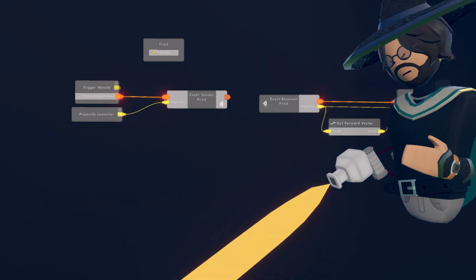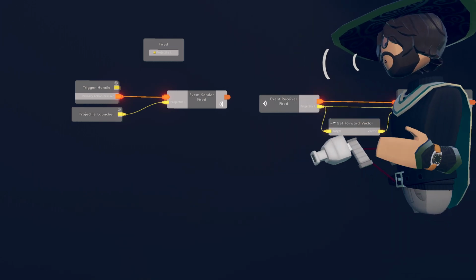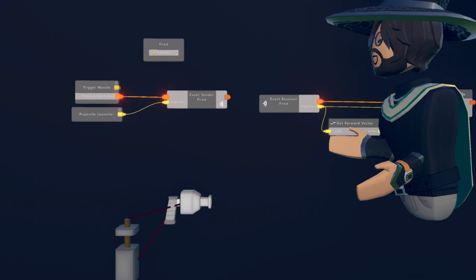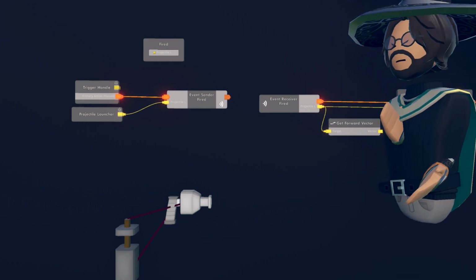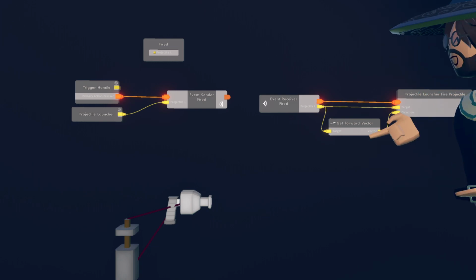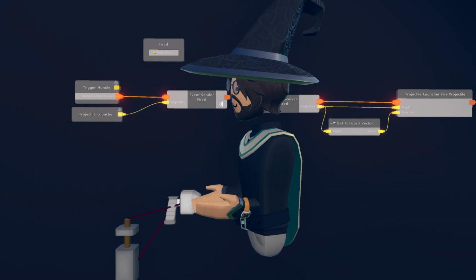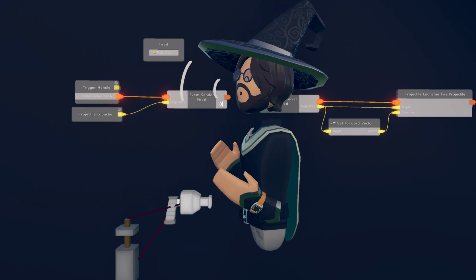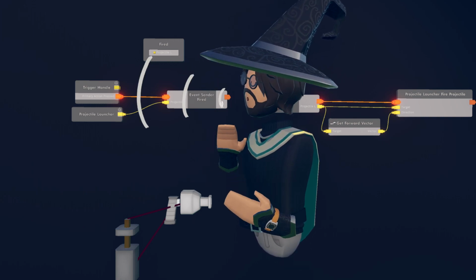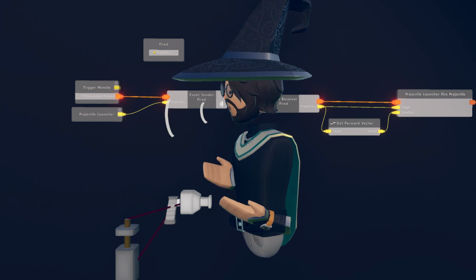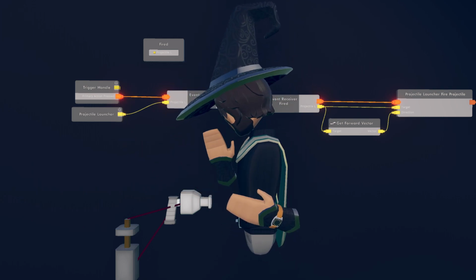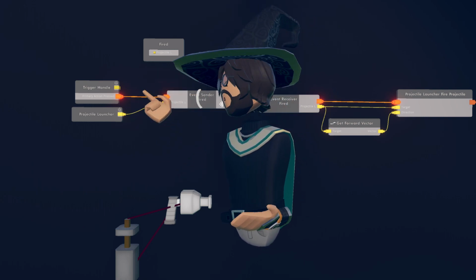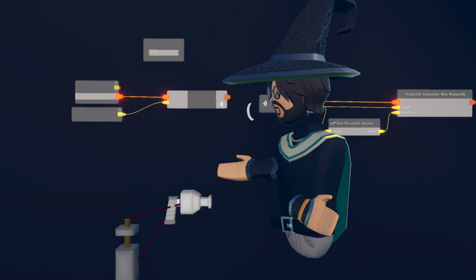So pretty basic. Without an event, but if you had many of these, you wouldn't have to do any of that. You can just clone this small setup here. This is a case scenario you wouldn't really do this for, but if you had a big circuit connected to it, like this is a basic gun, but if you had something more complicated, that's when you'd probably use this. But if you just have this, you could probably just hook up your fire to fire forward or whatever. It'd do the same thing.